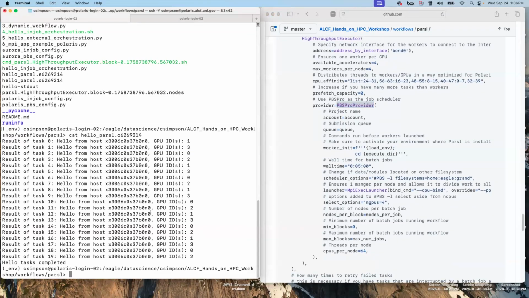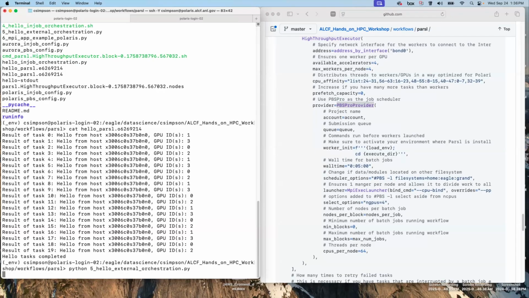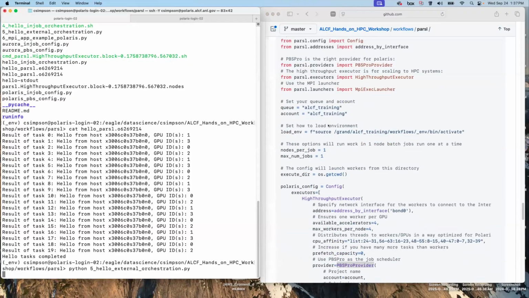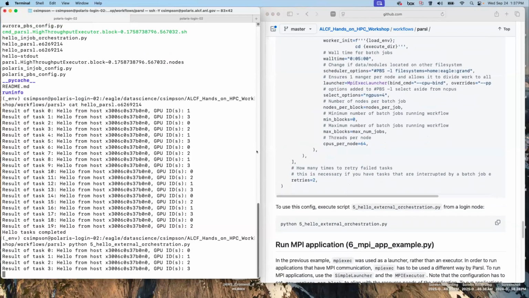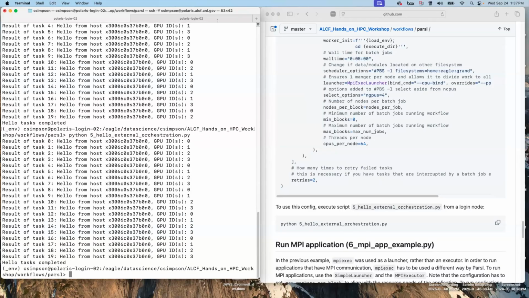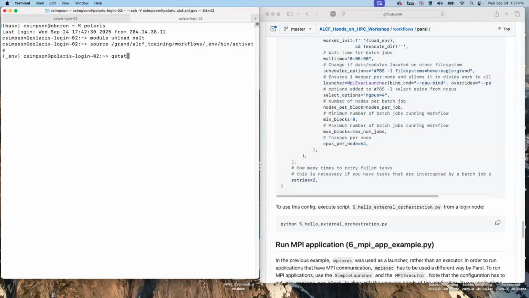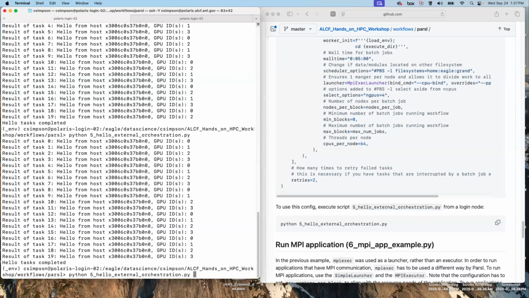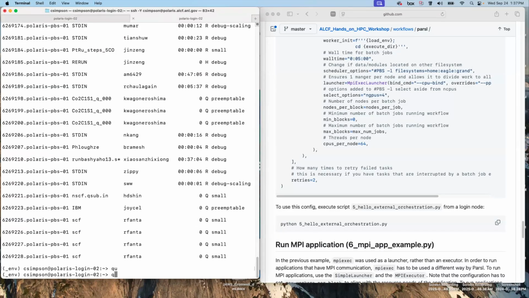So I'm going to just start this going. Python 5. And it's going to look like it hangs for a minute, but what we should see, and it's running essentially the same example. Oh, here we go. Now we're getting output to us at the command line from these workers. And if we were to look at the scheduler, maybe my job's still there. No, it was too fast. But if we were to do it again, hopefully what you would see